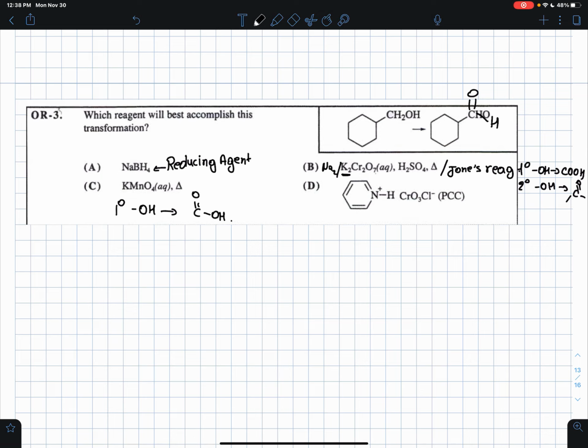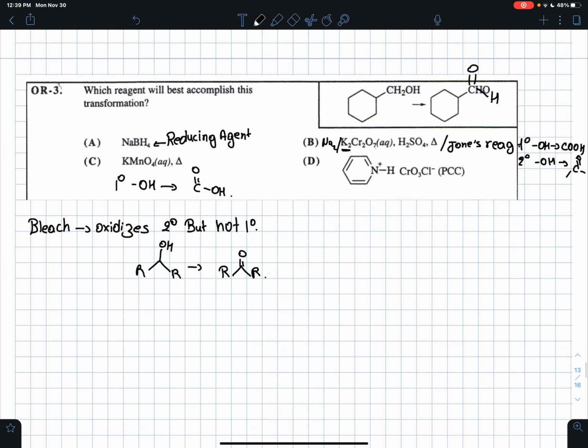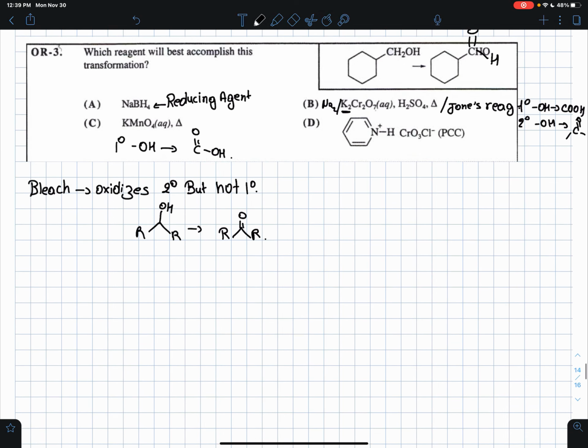This oxidizing agent reacts with a secondary alcohol but not a primary alcohol. So bleach oxidizes secondary alcohols but not primary, and it oxidizes the secondary alcohol all the way to a ketone, right? And the only way it can react with the primary is if it is